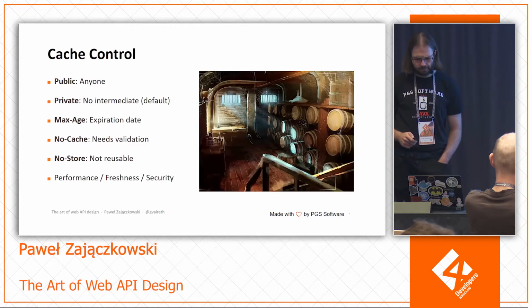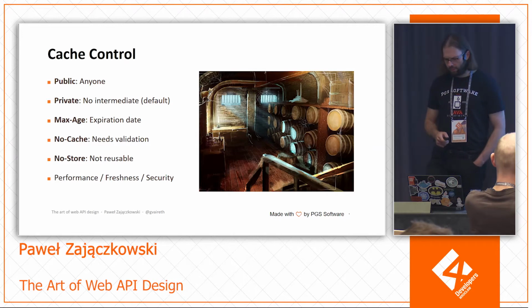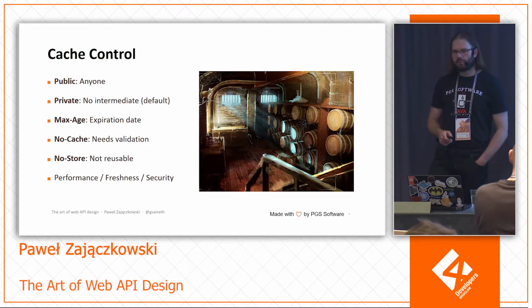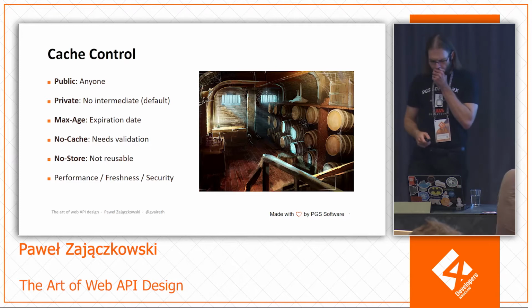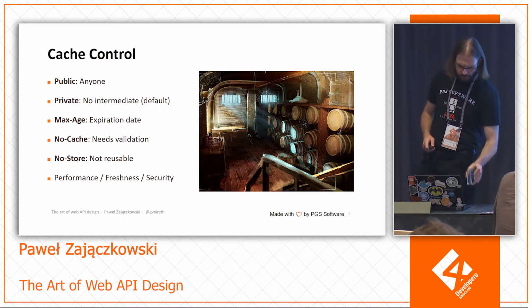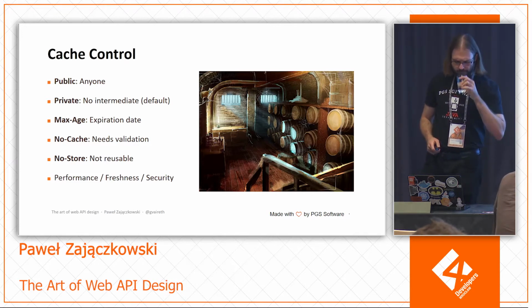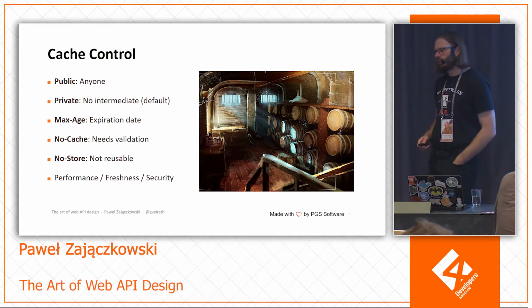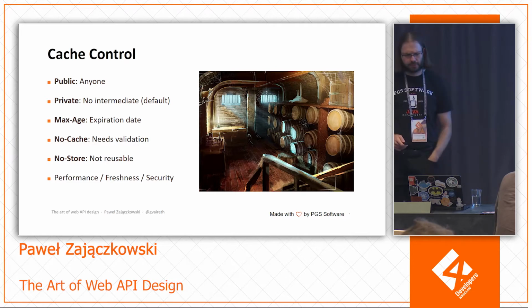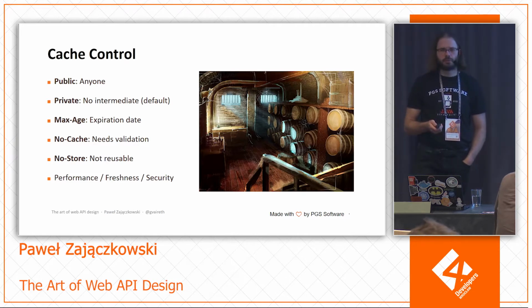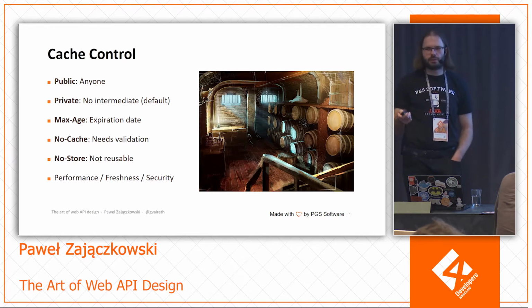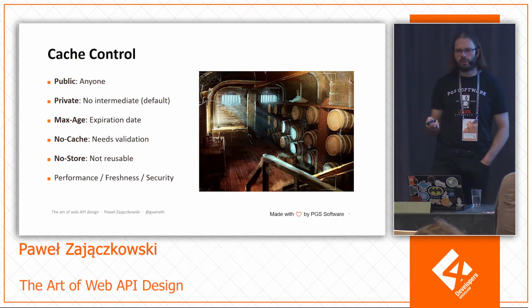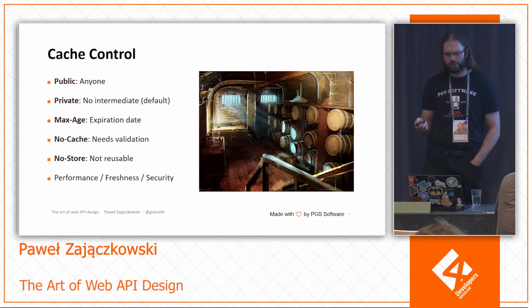Okay. Cache control. One of the pillars of REST. So we have this cache control directive, and it can have a lot of values. Actually, it's more like 20 or 30, I think, even. But the most important are public and private. If the request or response is meant for a single client, it should be marked as private. If it's something that is common, like a logo of the web page, it's okay to be public.